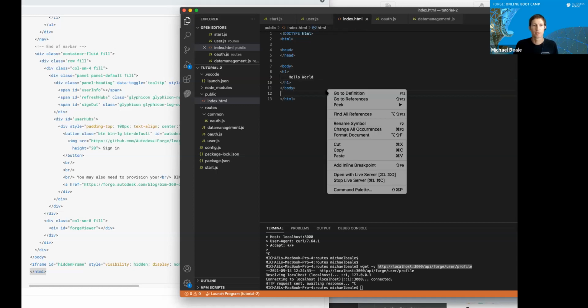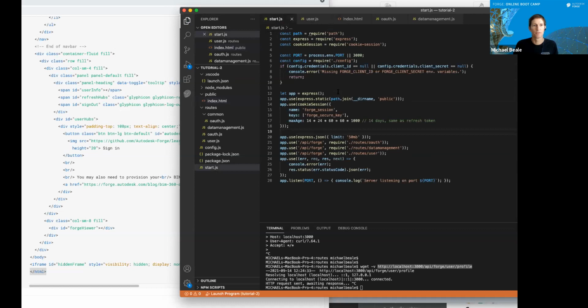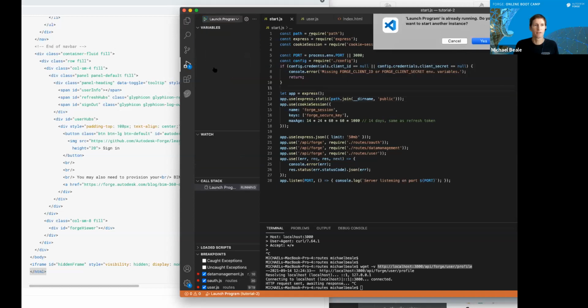I could quickly preview it in just a general web page, or I can get our server to actually serve this page. Because if you remember correctly, at the very beginning when we created the start.js file, we had this little line here, line 13, app use express static, and then path public. So this basically created a static file, a static website. So if we run this server now with that index file in the public folder,